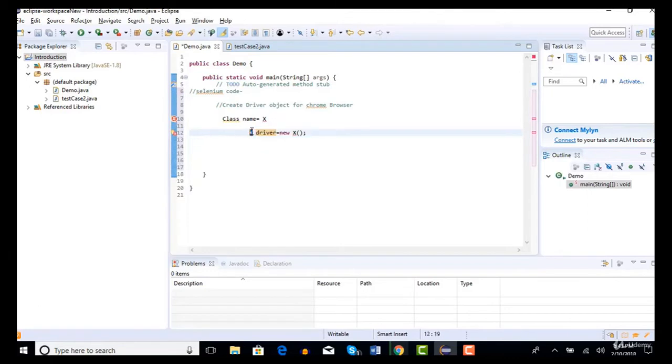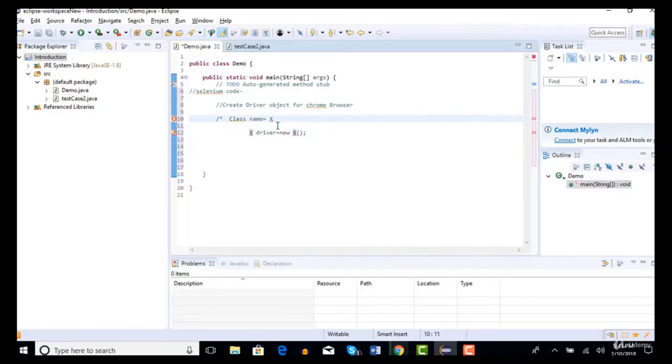This should be the class name, this is the object you create, and the new operator creates memory for the object in your class, and X is the class name. Like this you can create an object for a class called X.